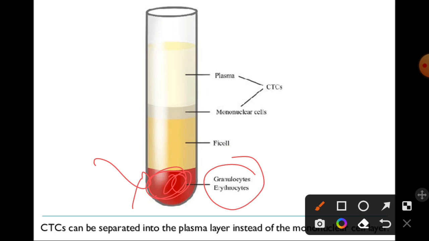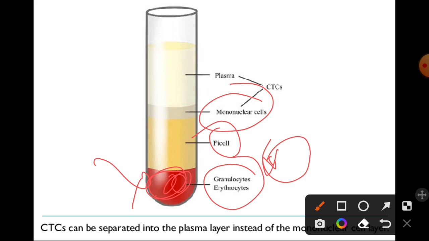Okay, so granulocytes or erythrocytes will stop here, Ficoll will stop here. Same concept, Ficoll's buoyant density is exactly equal to the density in their medium. Mononuclear cells will stop here because their buoyant density is exactly equal to the condition that is here, and